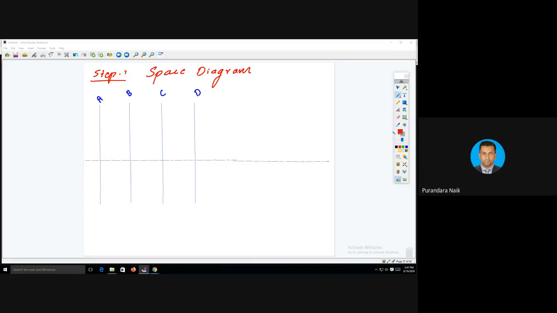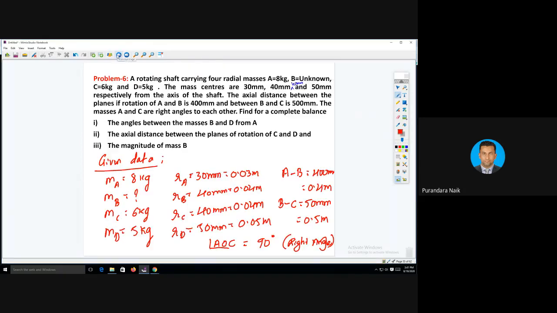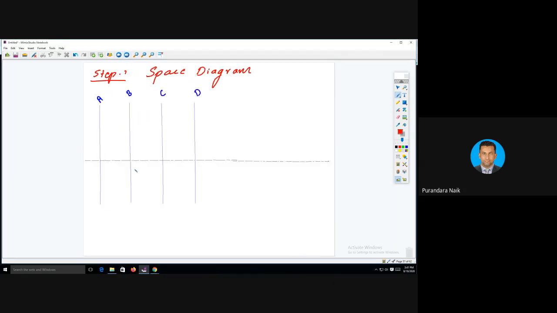First one, plane A to B. If you go back to the previous slide, given data, A to B distance is 400. So the distance between A to B is 400